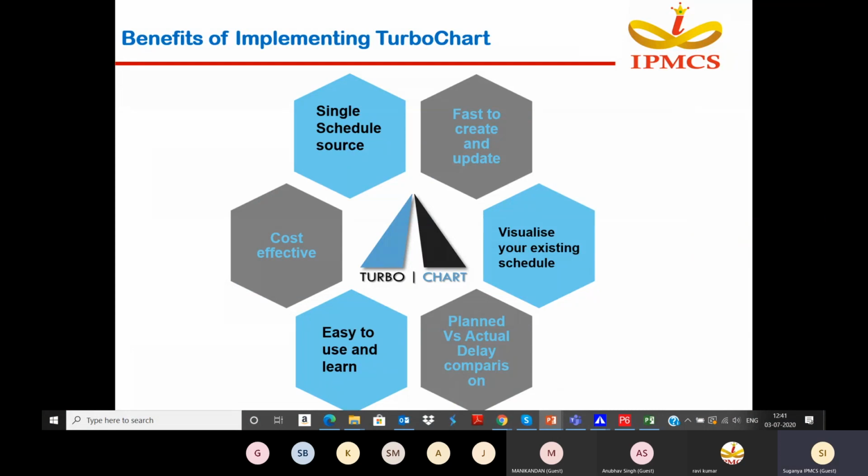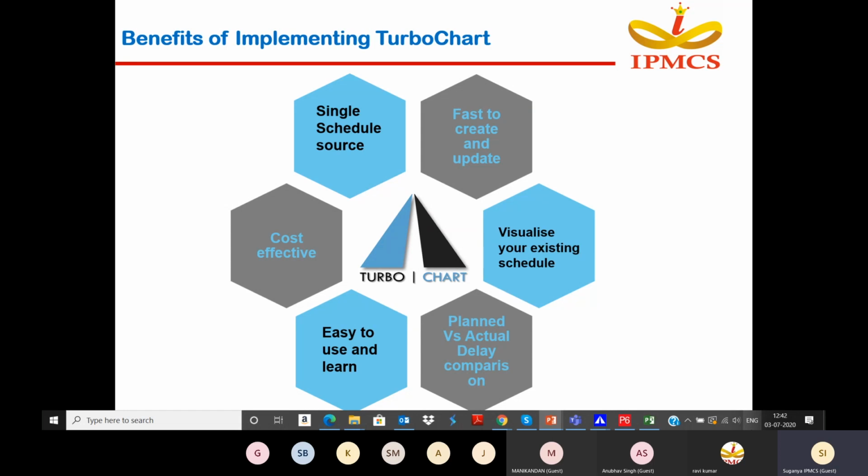Benefits of implementing TurboChart software. It is easy to use and learn. Cost effective. Single schedule source is nothing but maintaining scheduling data in your preferred tool like Primavera or any other spreadsheet table capable tool.